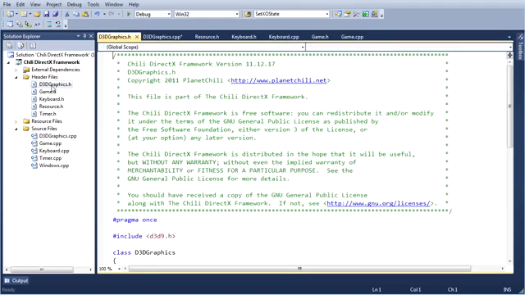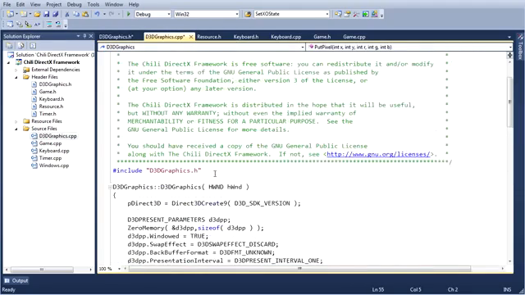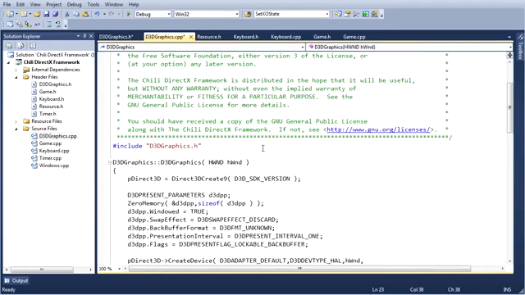So we'll go to graphics.h. We're going to add these two variables. We'll add that one, and we'll add the rect. Now, just to be thorough here, we're going to initialize